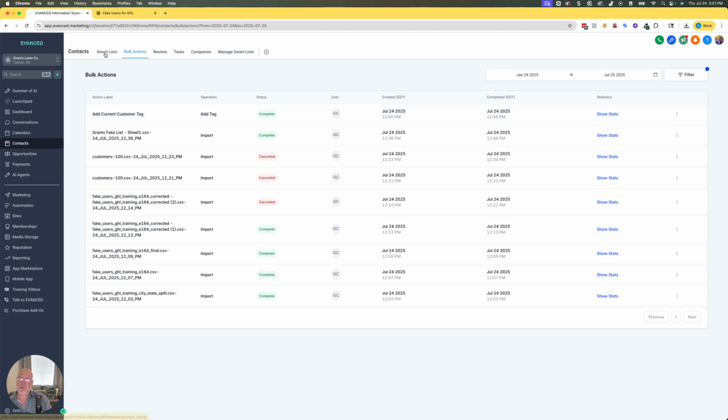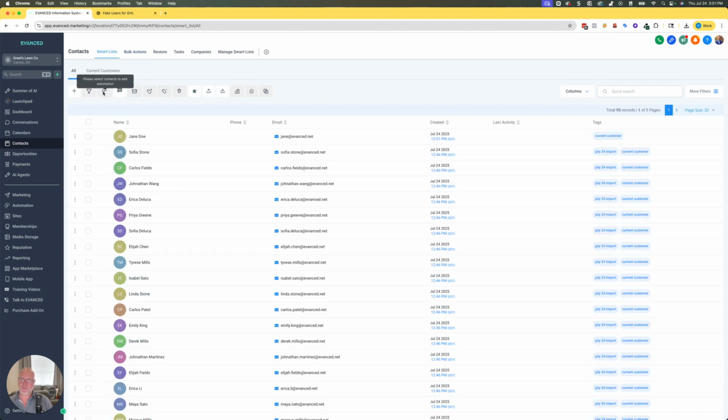Okay, so in this, I've shown you how to add new contacts into the system manually, by bulk import, or automatically whenever there's a form submission or a calendar booking, or they message you on social media, that type of thing. Now, the next thing is, you're going to notice that I'm viewing all contacts right here,